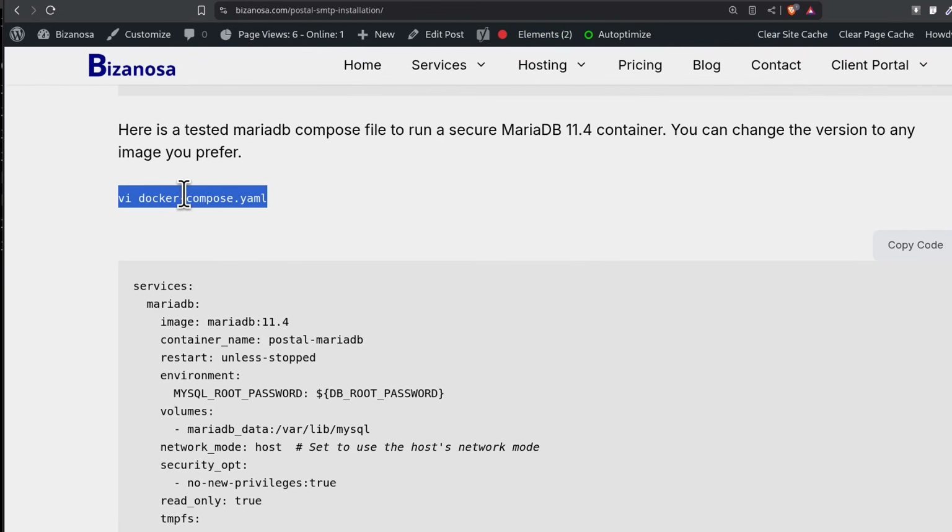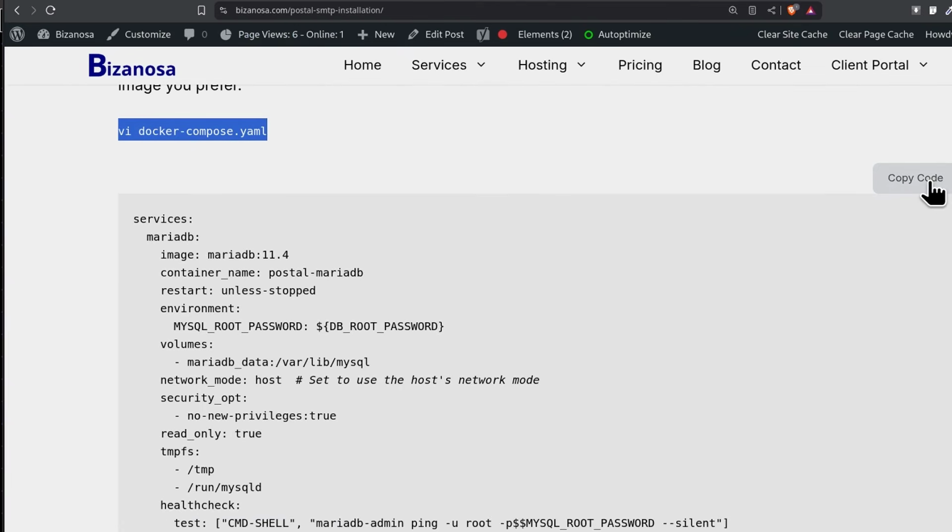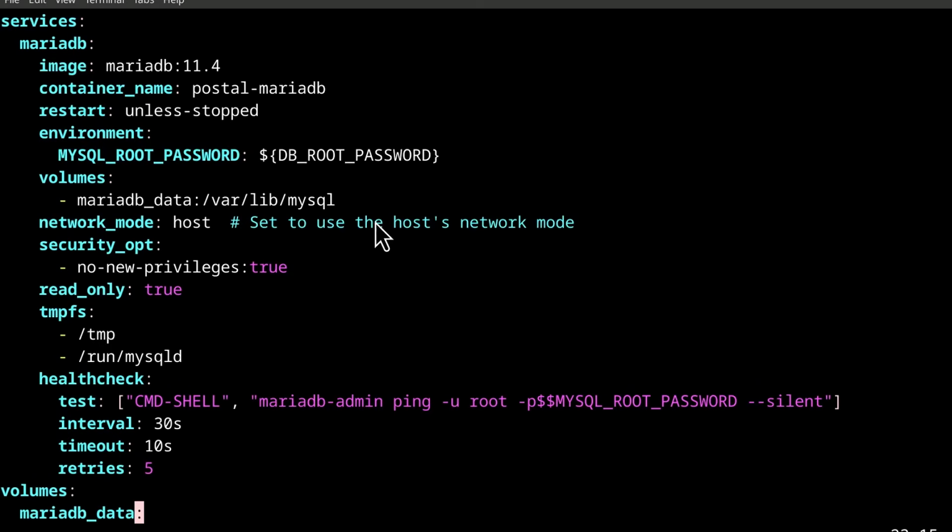So I'm just going to create the Docker Compose file, copy, Control-Shift-V to paste. I will add everything here. So note that we're going to create an env file for the password. Instead of adding the password there, we're going to create an env file for the database password. I've just decided for Postal to use the root user, and that will give it dominion over all MariaDB databases. So it can create tables, create databases, and the schema, everything needed without any issues. So I'm going to save this, Shift ZZ.